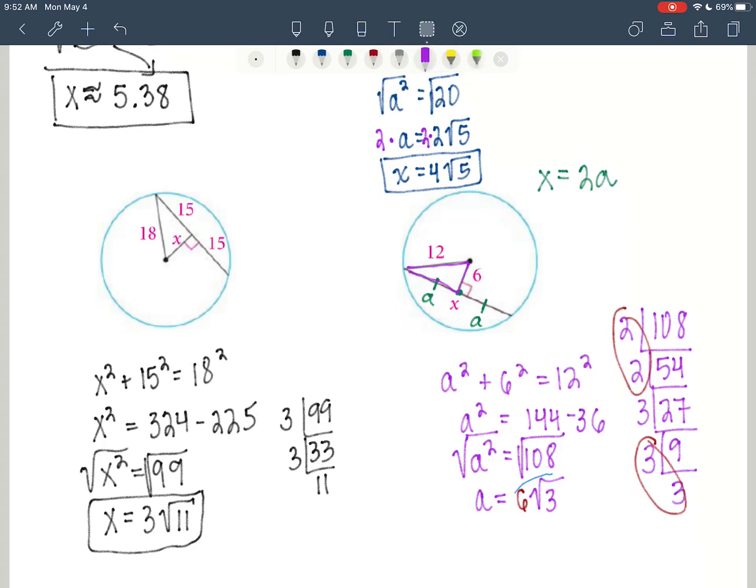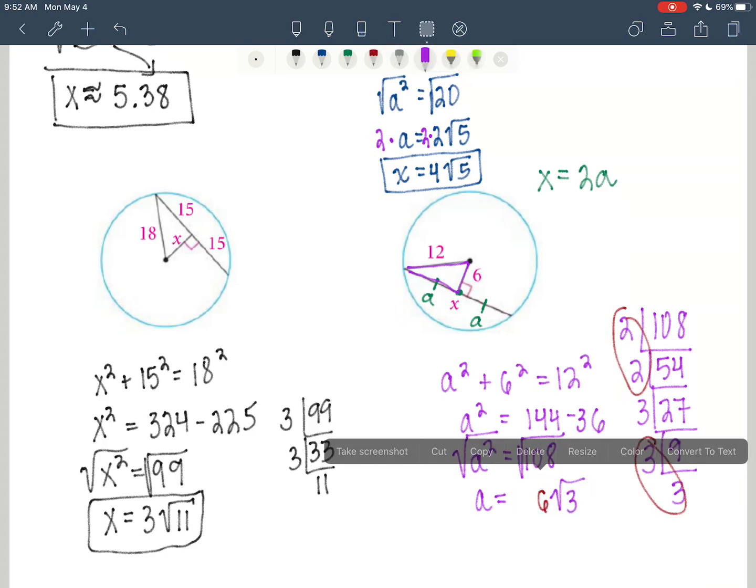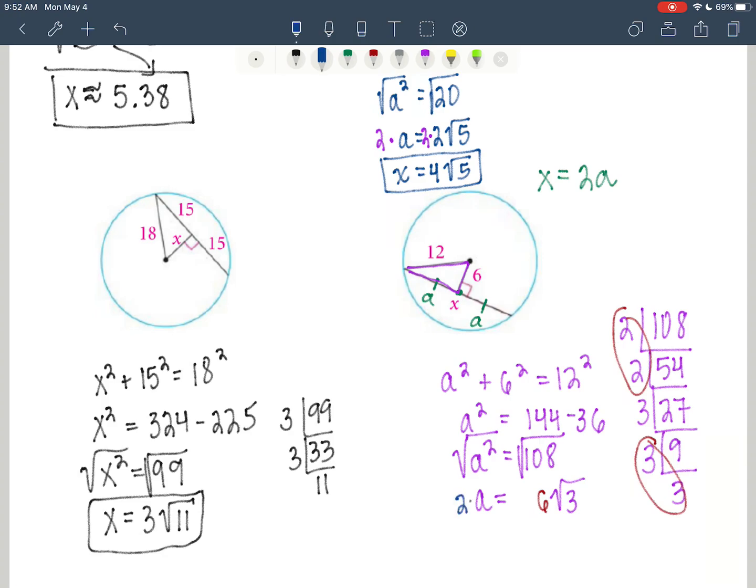But I need 2A. So I'm going to multiply both sides by 2 so that I can get 2A, which is also called x. So x is equal to 12 times the square root of 3. And that is the conclusion of our work with diameters that happen to be perpendicular